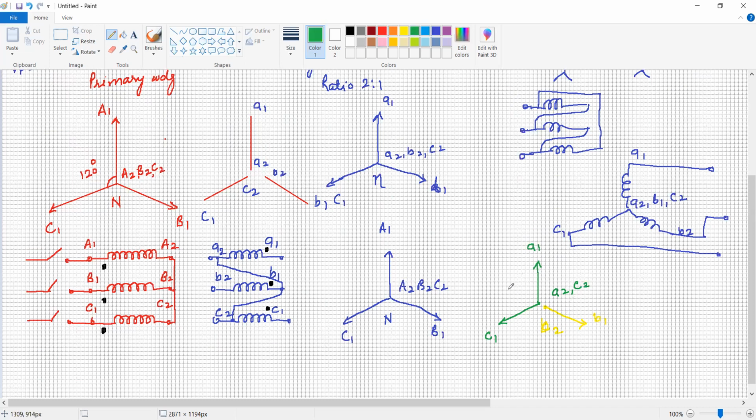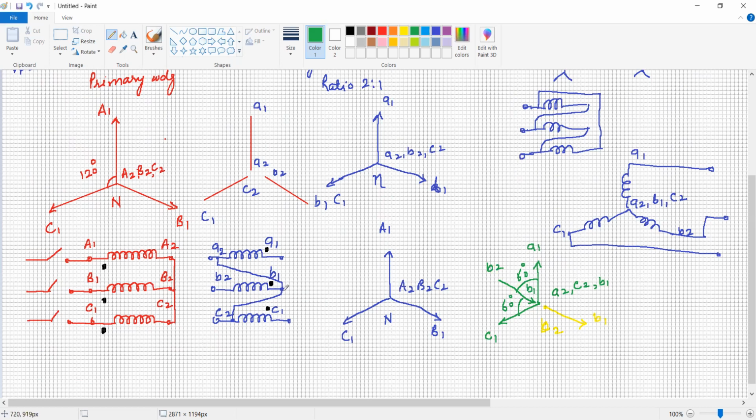It means that this is the terminal, here it is B2 and here it is B1. So here it is connected to the B1. So see, this is the direction, this is the star connection, wrong star connection, which will give such type of vector diagram. The angle between A1 and C1 is 120 degrees, whereas between A1 and B2, it is equal to 60 degrees. So it means that there is a wrong connection, isn't it?